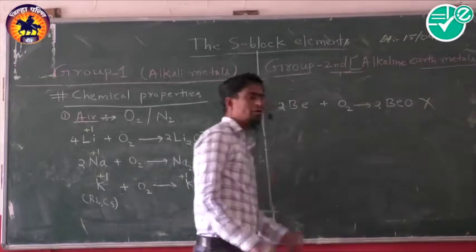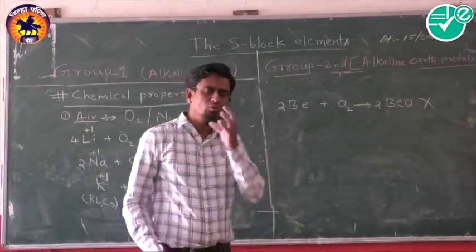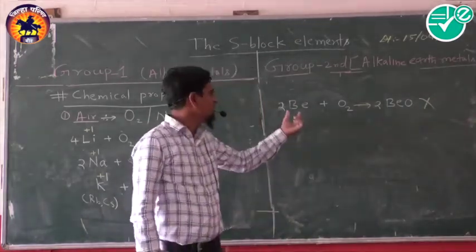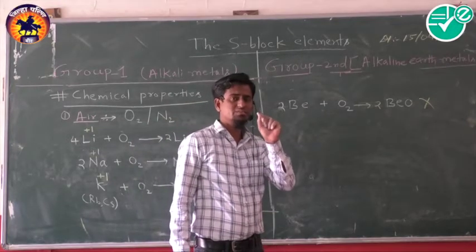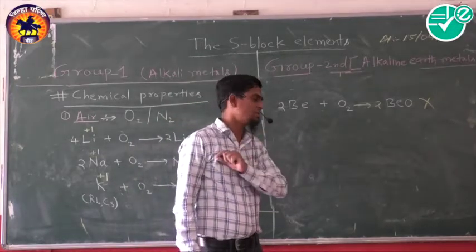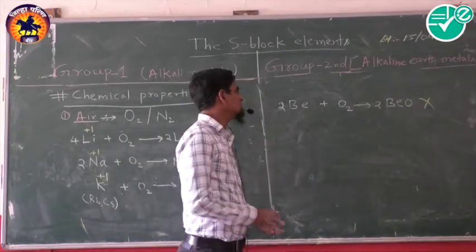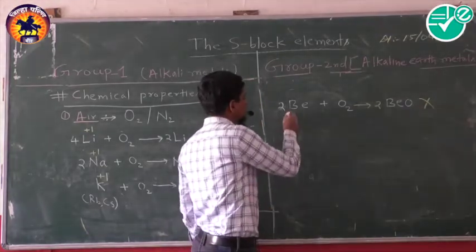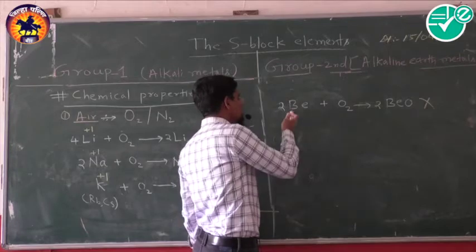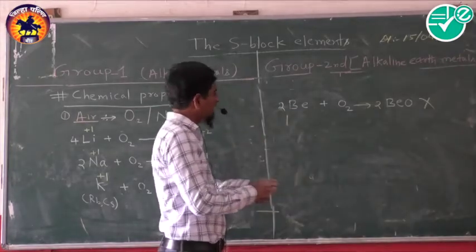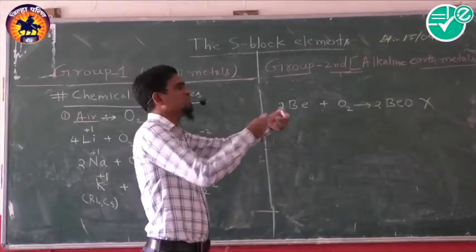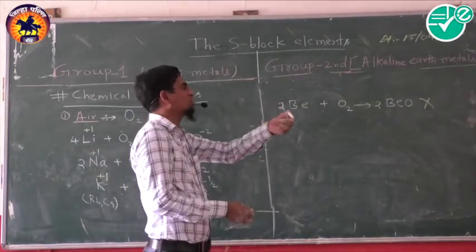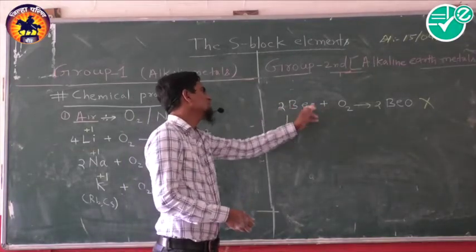It is a very important point for your exam, because the beryllium should be in powder form. If you want to do the direct reaction, and you are trying to burn beryllium in oxygen,